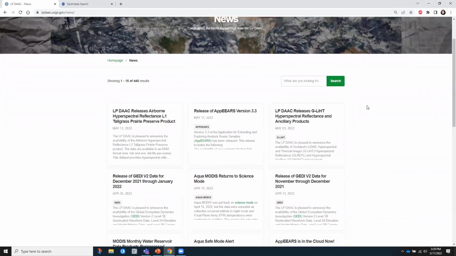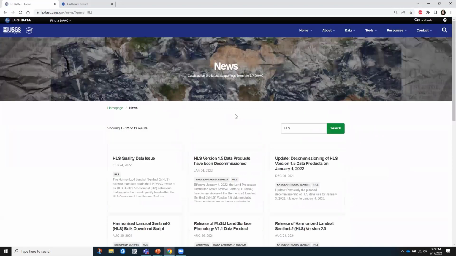It is filterable. So let's say you have a favorite data set, maybe HLS. You can just type in HLS, hit enter, and then that'll provide you with news announcements about HLS. I definitely do recommend checking our news announcements. If we get any word from PIs that anything about the data needs to be reprocessed, anything like that, we'll make sure to post that on the news announcements so you'll be able to stay up to date with the